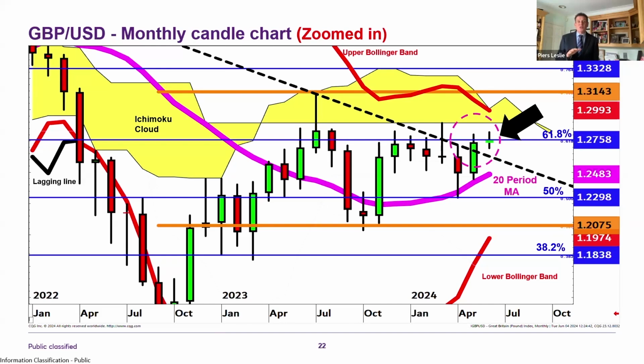Where is support? Well, support, as I said, was that 124.83. You should have initial support maybe in the 126.85 area, maybe 126.20. If it starts to get below 126.20, then it is starting to lose that impulsive positive feel it's had. So as I said on sterling before, the UK election hasn't really had any impact on this chart because the potential expected outcomes sort of factored into the price.